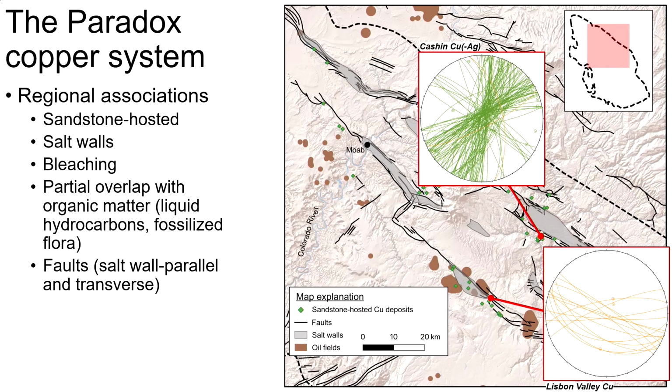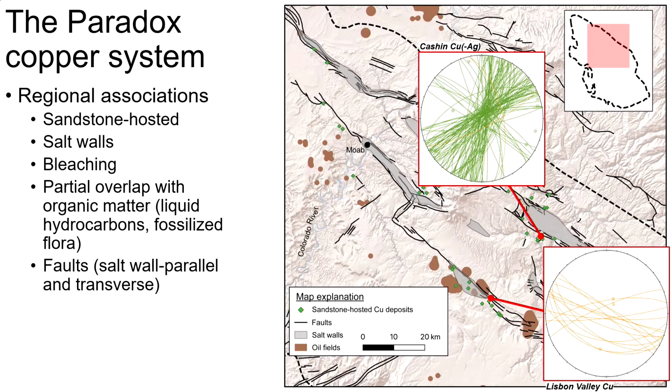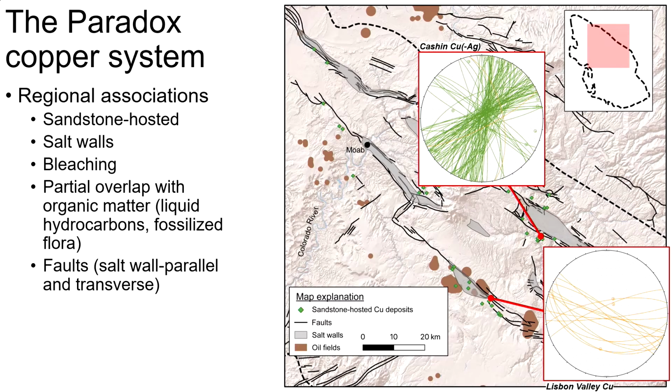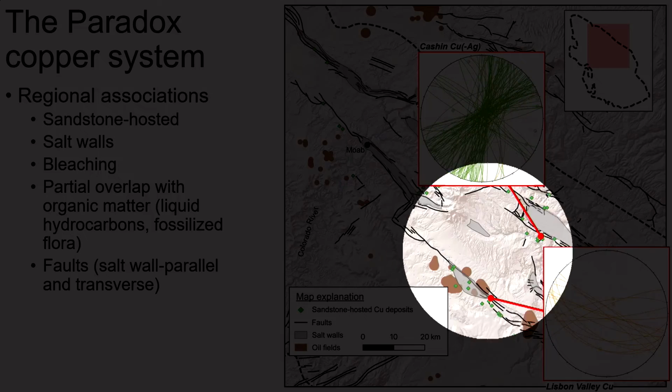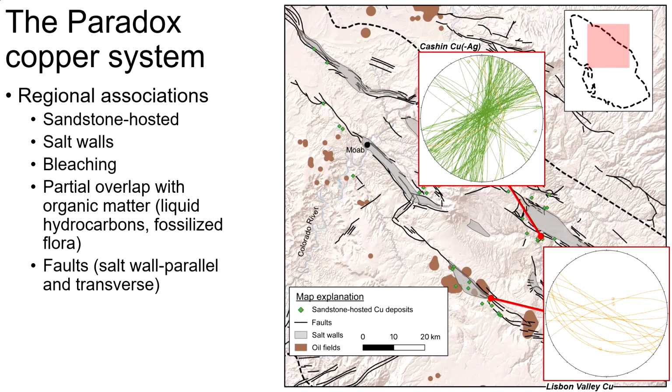In addition to that, these deposits are intimately associated with the faults, both those that run northwest-southeast along the major trend of the Paradox Basin, and those that run roughly orthogonal to that, known as the transverse fault system there. And we see that at both the Lisbon Valley copper mine that runs northwest-southeast, where there's probably the largest accumulation of copper within the Paradox Basin, and at the Cashin copper-silver mine as well, where it's a little bit hard